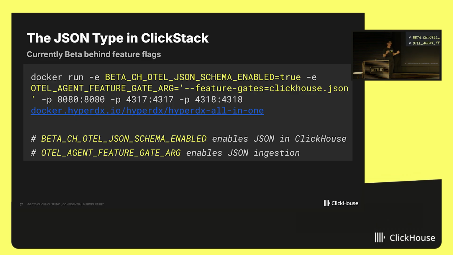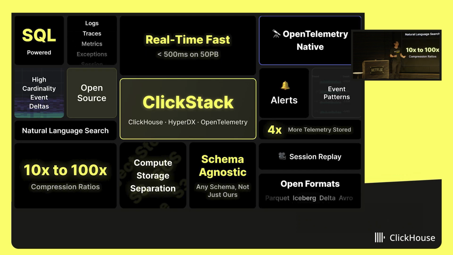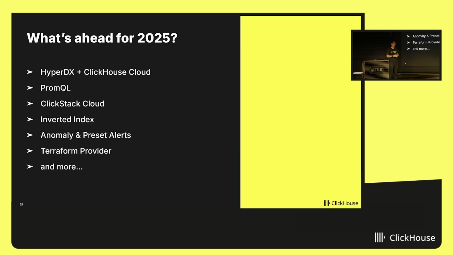So it's already available in ClickStack. If you have the latest version of ClickStack, you just have to add a few beta flags to enable the feature. That will enable inserting and reading in that new schema. And otherwise, there's a ton of other features I didn't get to talk more about with ClickStack today, but hopefully you'll get a chance to try it out yourself or go on the website and take a look at all the other really neat features we have built into it for observability on top of ClickHouse.